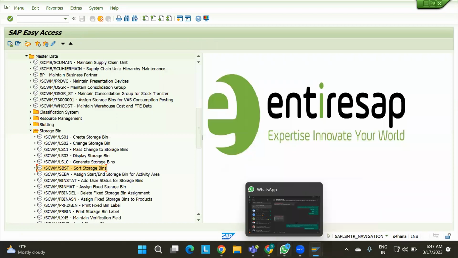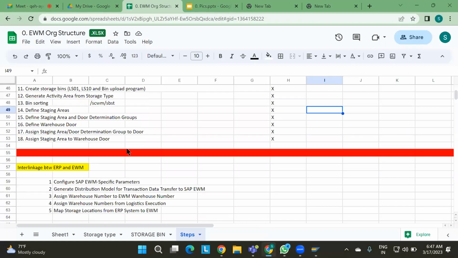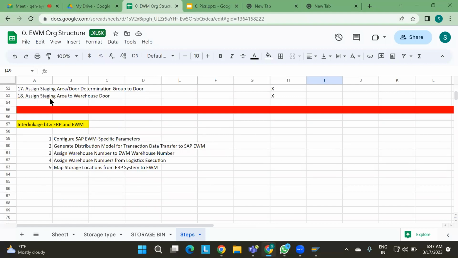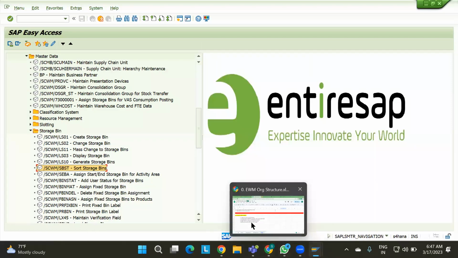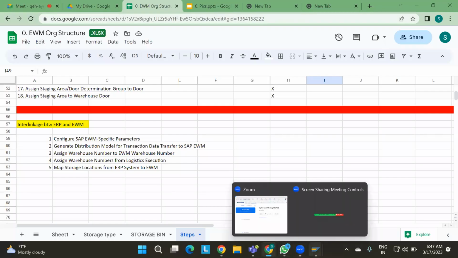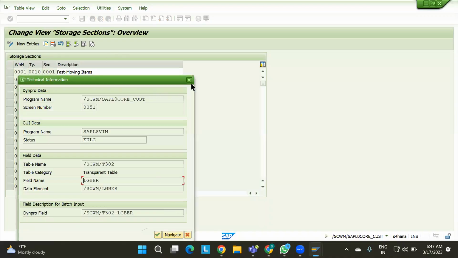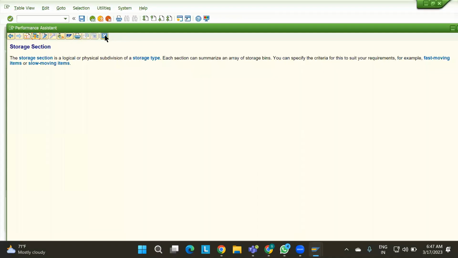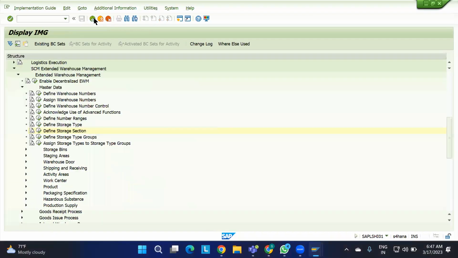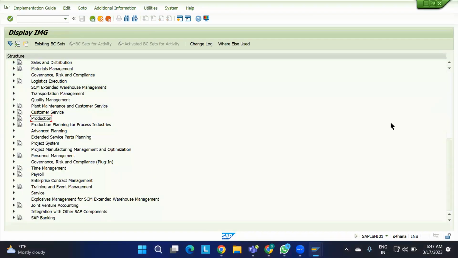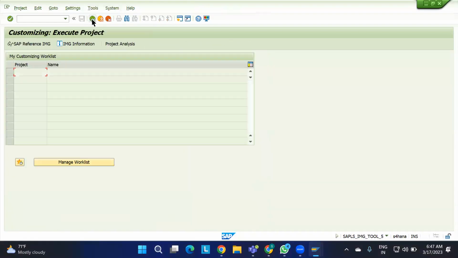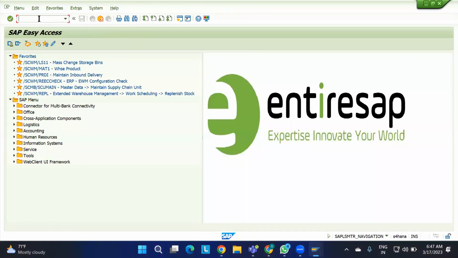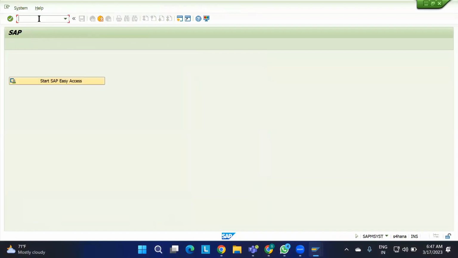So we have defined everything now. Now it is about the interlinkage. First we will do the interlinkage at the ERP end, and next we will move to the EWM end. So I will just close this and go back. Now, first thing, I will go to the first page. Next is SPRO,